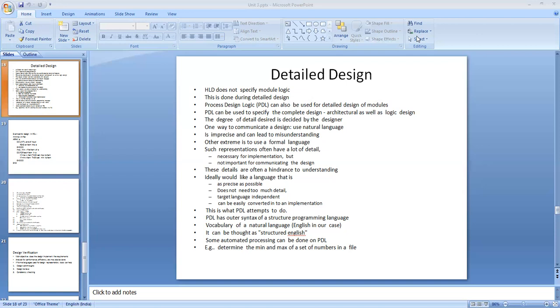We never bothered about the internal content of each module. What is the logic to be followed inside a module? That is not the aim of system design. The logic inside a module is what we are going to discuss now, and that is detailed design.